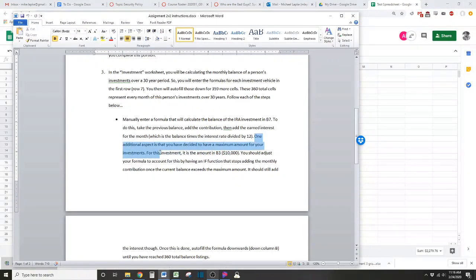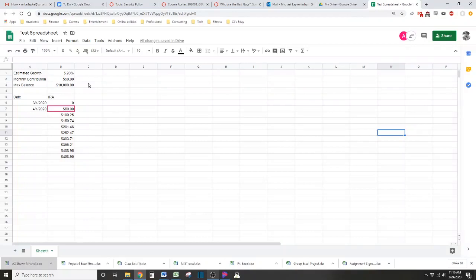But unfortunately, this isn't the only part of the equation, because if we go to the next sentence, it talks about the fact that we have a max on when we want to stop contributing. So that's that cell that says $10,000. And when you have to make a decision in Excel, or in any spreadsheet for that matter, you would use an if function. The if function that we're going to do here is we're going to say the cell that I'm in, so the current balance, in other words, which is the whole formula, if the current balance is greater than this max balance,